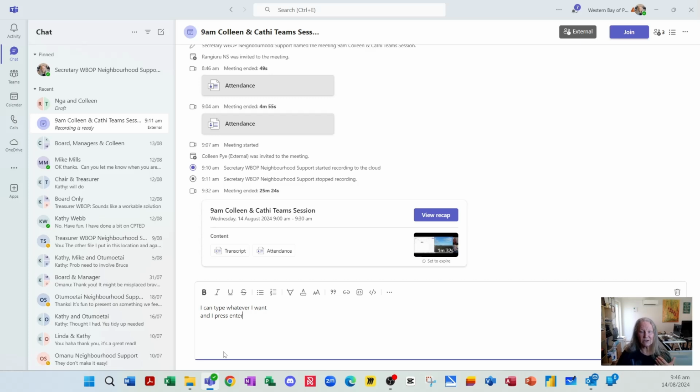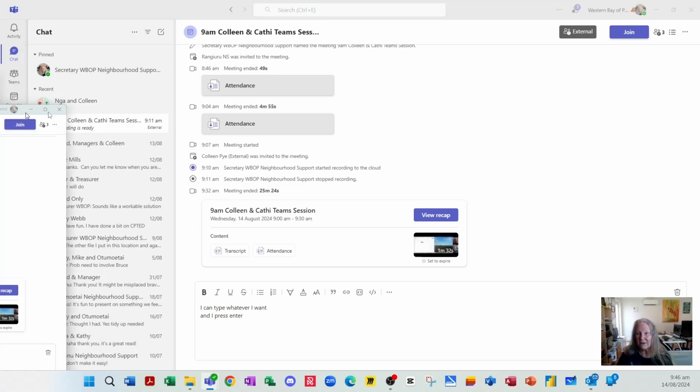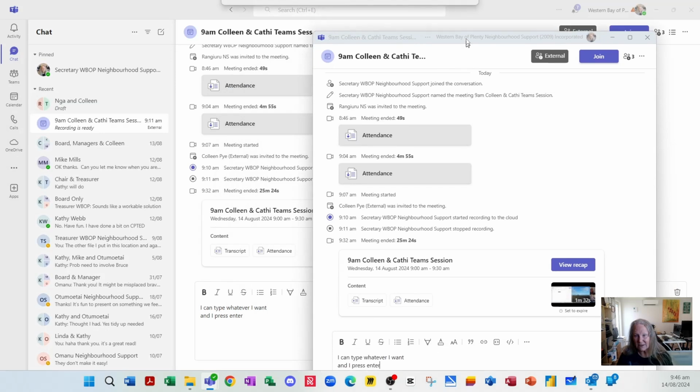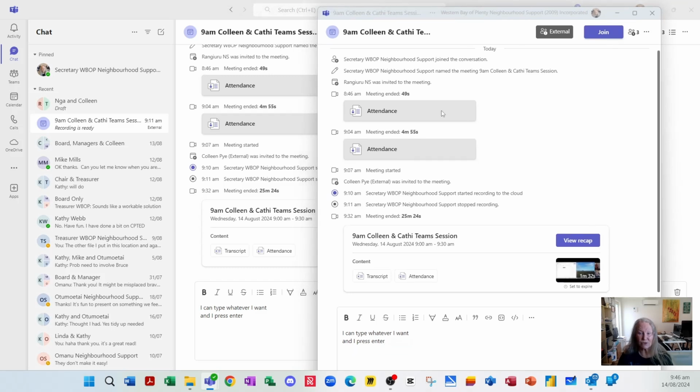Now also, I like to jump between the chat and sometimes the files in Microsoft Teams. So once I've pressed Control-Shift-X and I've got the freedom to press enter, what I also like to do is go up to this little dot here, more chat options, and open the chat in a new window. If I open the chat in a new window, let me just bring this into view because it's gone on my other screen. There's the chat in a new window. So I can continue to write whatever I want to write, but then maybe I want to send them a link to a certain file. Here is the